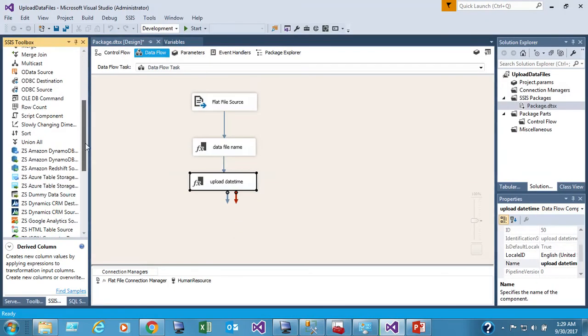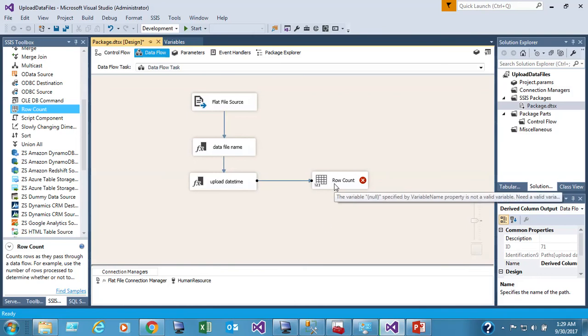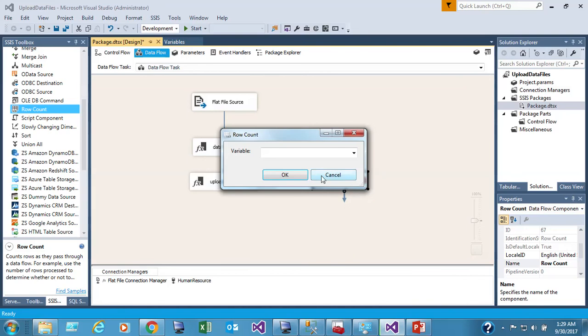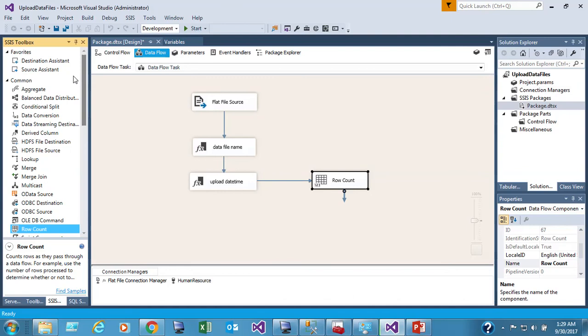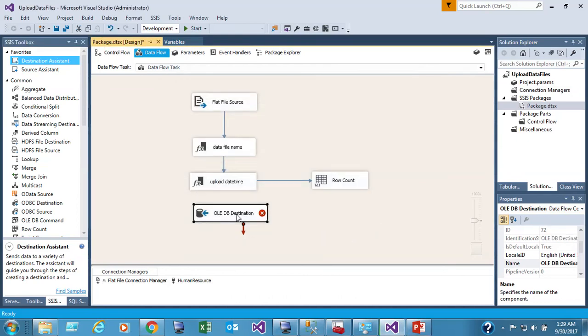Let's just add one more thing, which is the row count for the log table. So row count, and then assign the value of it to the variable row count. Now we need the destination where we are going to upload the data, and that is going to be our human resource database. So let's give it some name. Our table where the data is going is monthly data table,